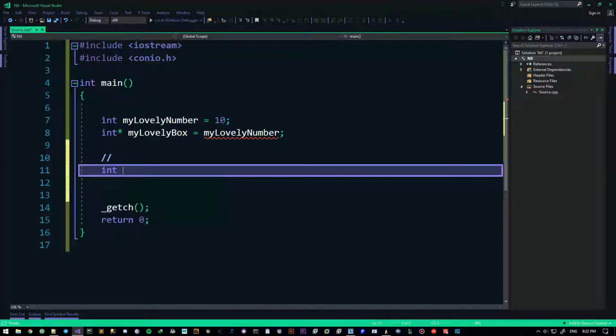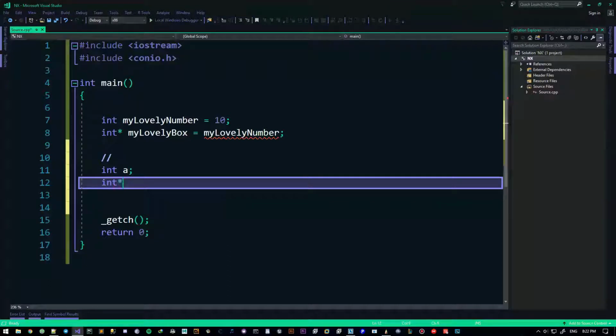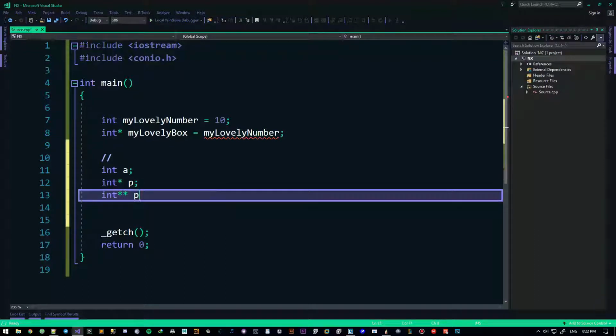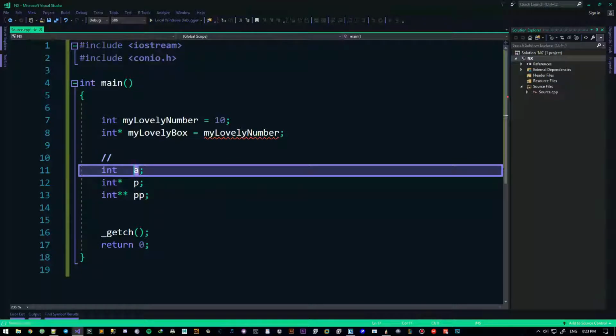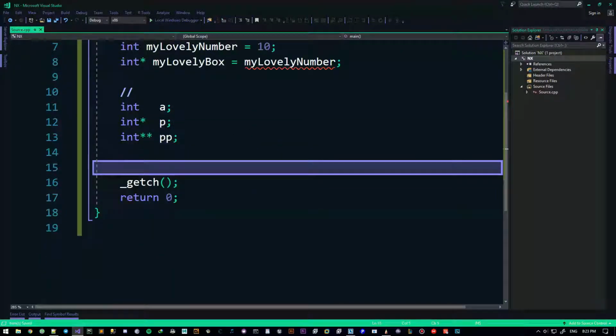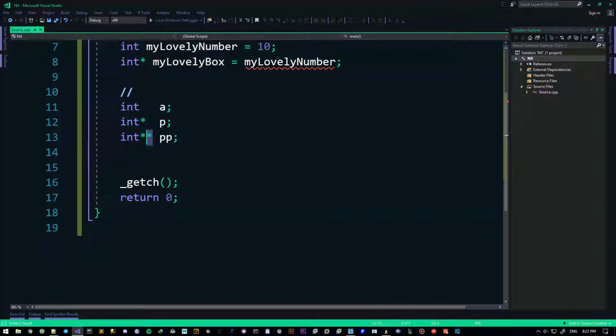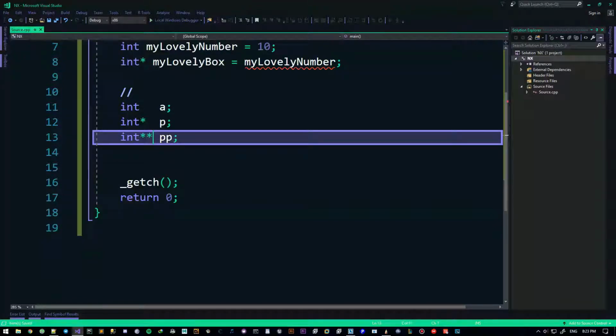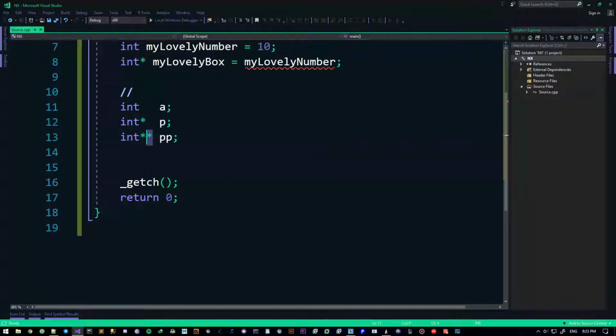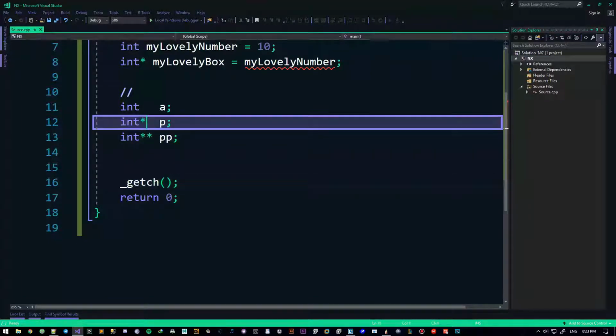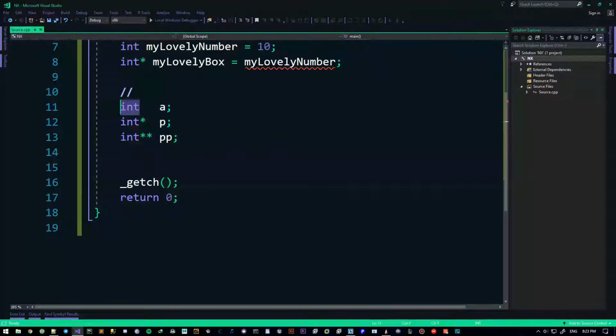So we can have an int a, an int pointer p, which can hold a, an int pointer pointer pp, which can hold p. Okay? And this is basically what this is. So each one of these stars you add, you make that box a bit bigger. And for each one of these, you can put into it whatever has one less star. So if you have 2 stars, you can put a 1-star guy in this. If you have 1 star, you can put a 0-star guy in this. If you have 0 stars, you can put a number in it.